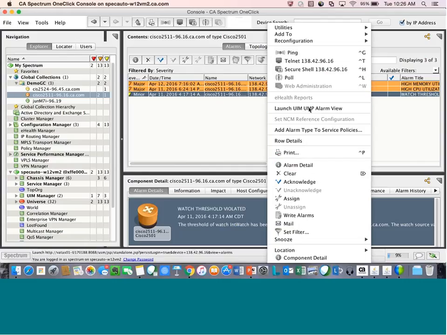I already have that open, so let's see, from an expediency standpoint, how fast this loads. My environment's a little slow, but this will bring me in context to that direct device for that alarm. And essentially I just want to show you what the Spectrum alarm looks like within the UIM console.